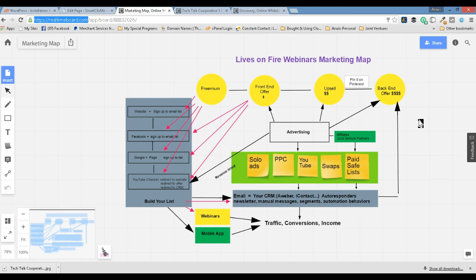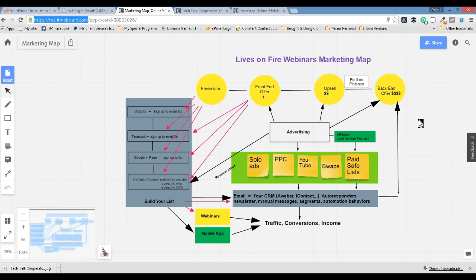So I think that with technology, we have wonderful opportunities to take ideas, translate them into digital form, and then move them into three-dimensional form. And we do that with our online businesses. If we're successful with our online business, we end up with a three-dimensional form of money in our bank account, and having happy customers who are out there in the world talking about what we do and